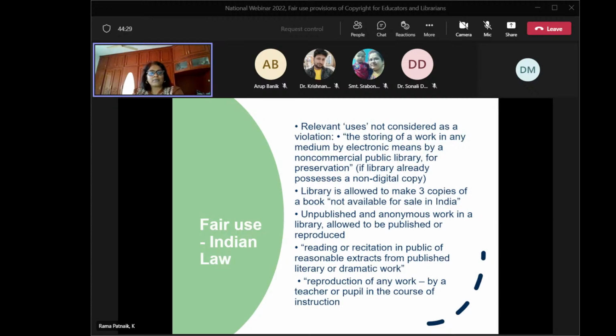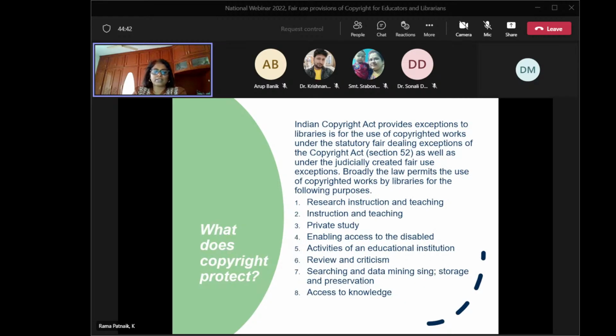We don't use the term fair use. In Indian law, the term fair dealing is used as a synonym for fair use. So I'll just look into what the limitations are once again. The Indian copyright law broadly allows these 8 activities, that is, research, instruction, teaching. And the terminology of instruction, or the term public library, is not defined, and again it is subject to the way it is interpreted